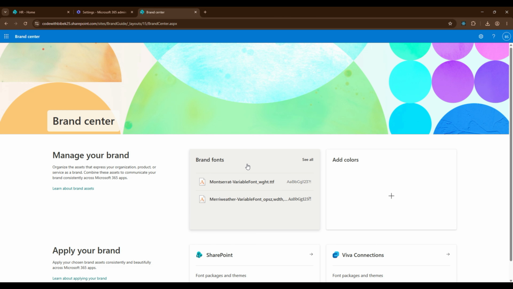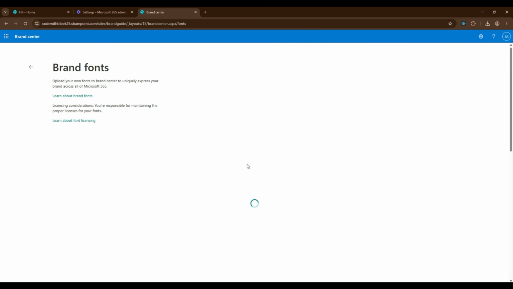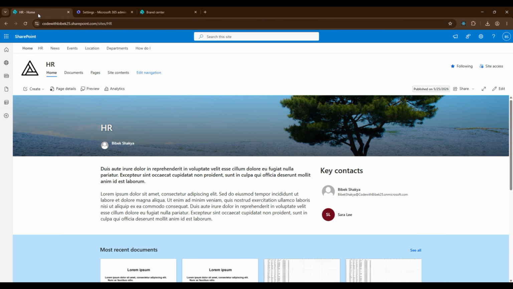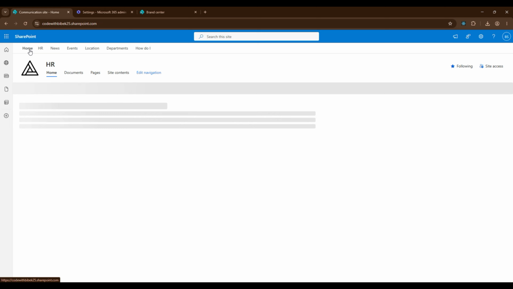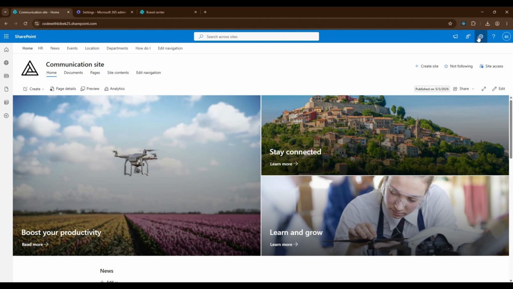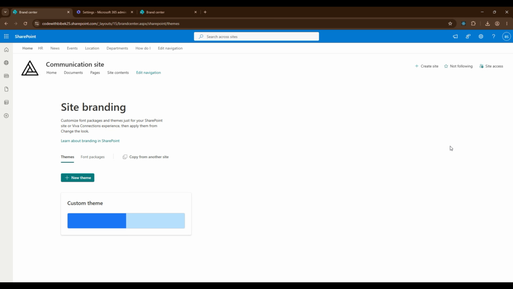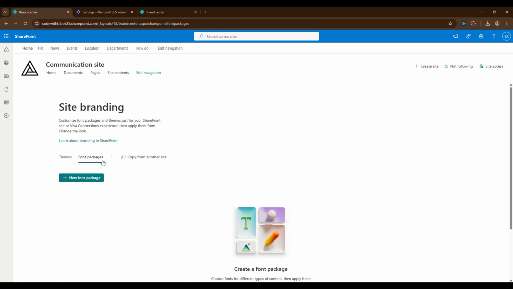Click Brand Fonts. You can upload your fonts over here, but I have already added 2 fonts. So go back to the Hub site, click cog menu, Site Branding, click Font Packages, then click Add New Font Package,